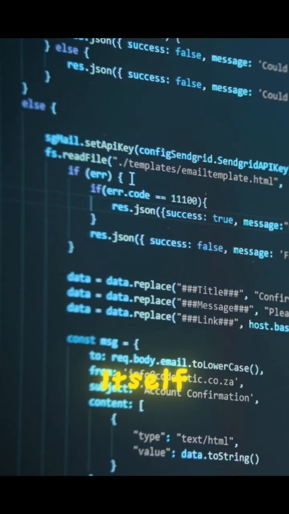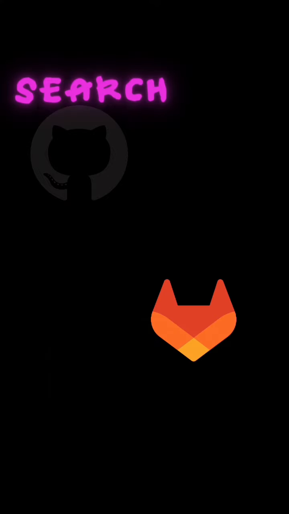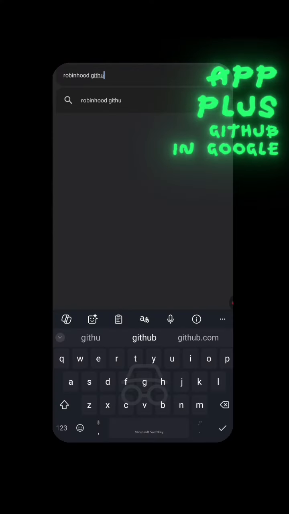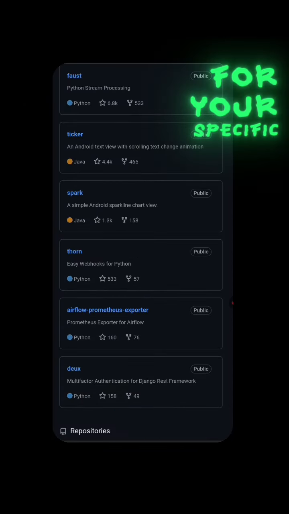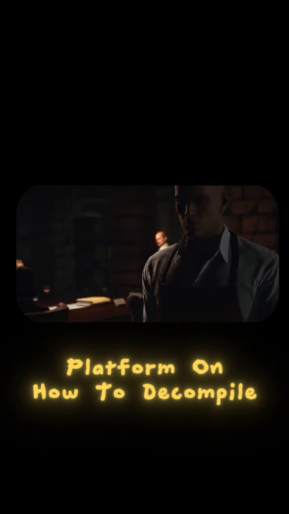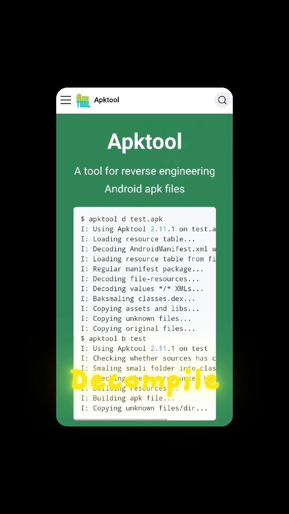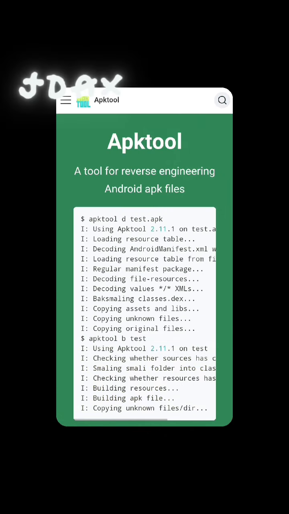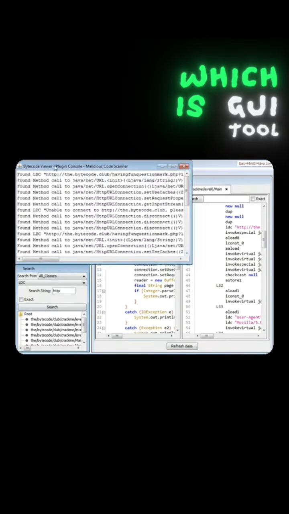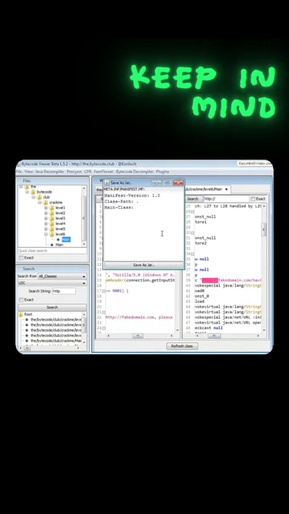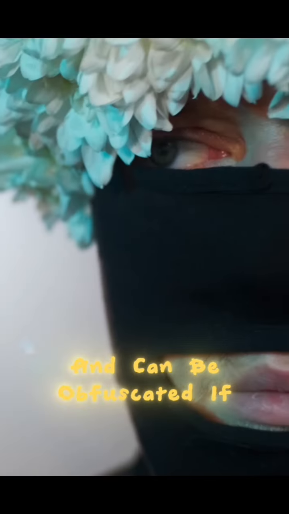You need the actual code itself that creates the app. My go-to is to search for open source repos like GitHub or GitLab. Search for the name of the app plus GitHub in Google. If there is no publicly accessible source code, follow the guide for your specific platform on how to decompile the app and get the source. Typically, tools like APKTool help you decompile to an intermediate representation. JADX decompiles the Java source. Bytecode Viewer is a GUI tool that combines several decompilers. Keep in mind, decompiled code is often not necessarily complete and can be obfuscated. If that still doesn't